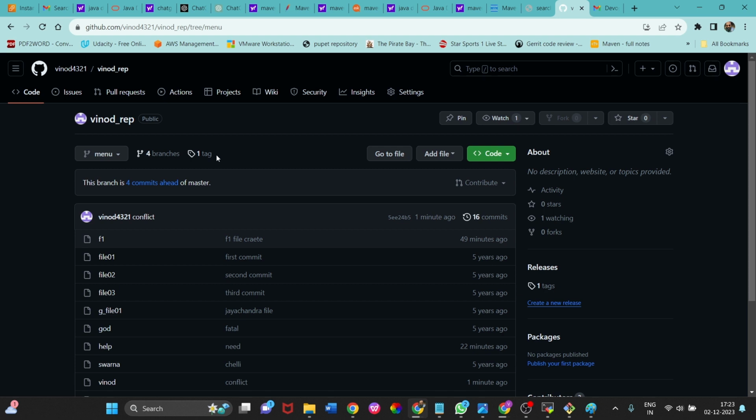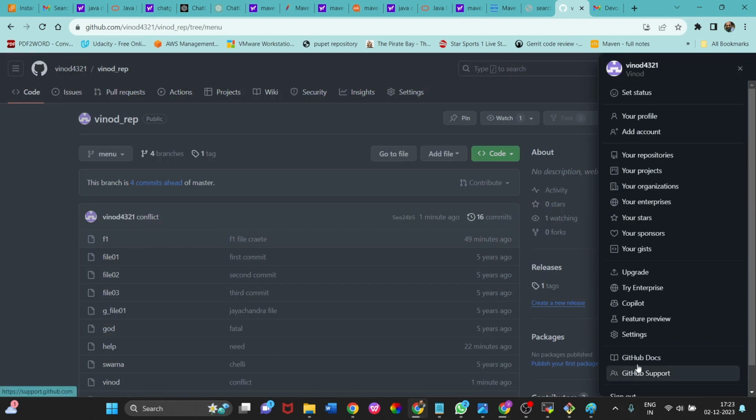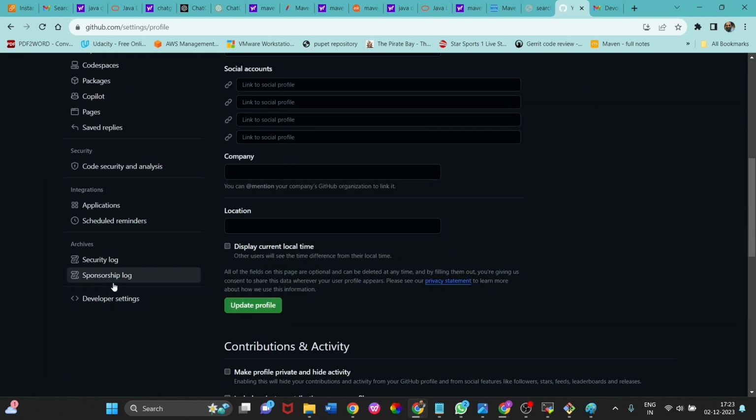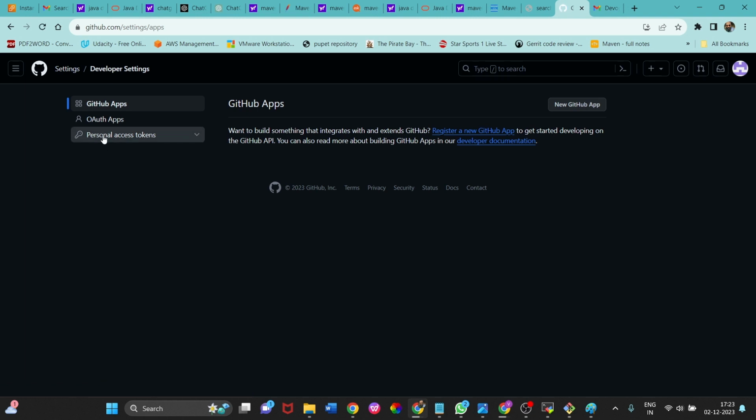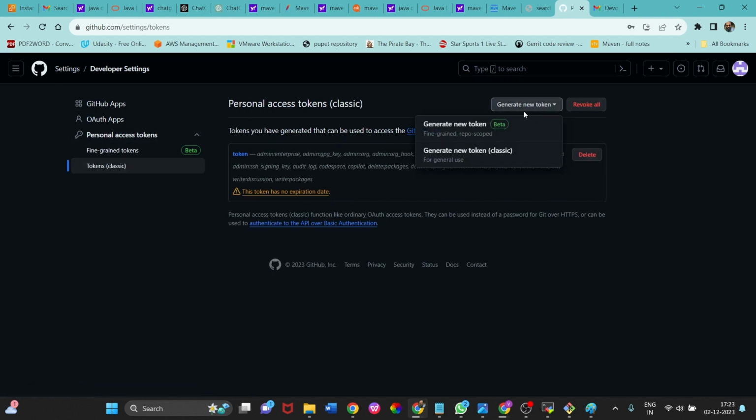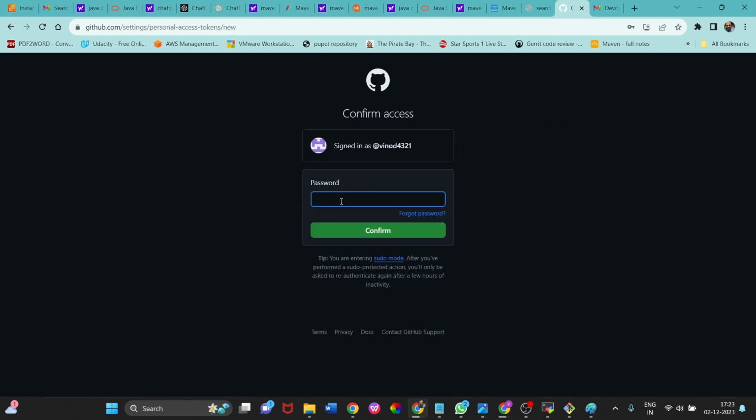So before that, while you are going to practice, I am telling you first create this token. Create the token first in the settings part. Go to developer settings, go to personal access token, create a new token. While creating any token,